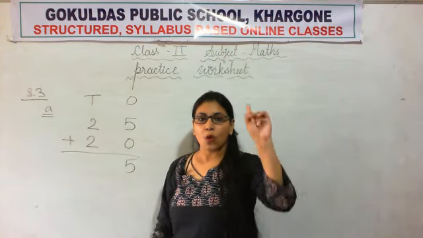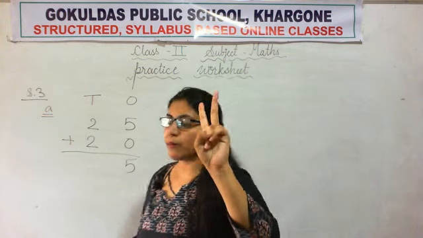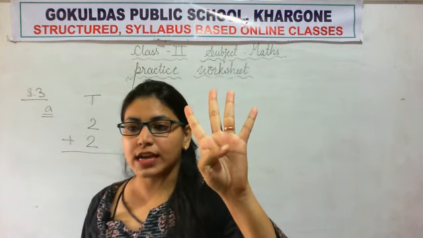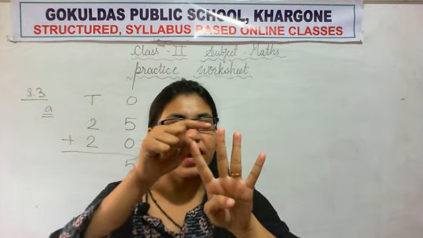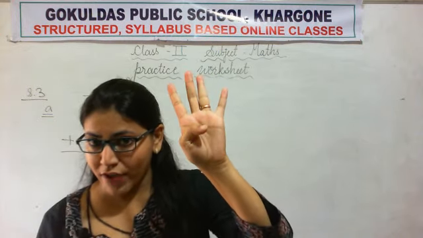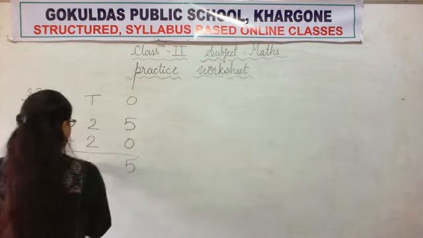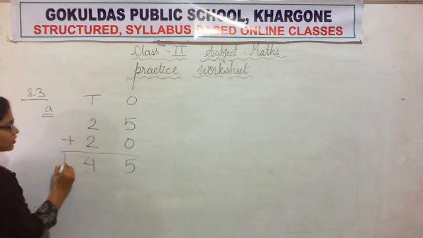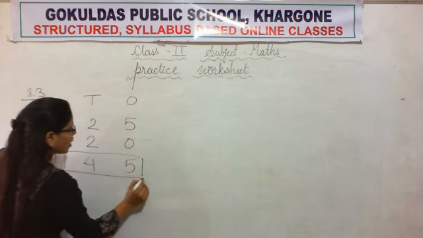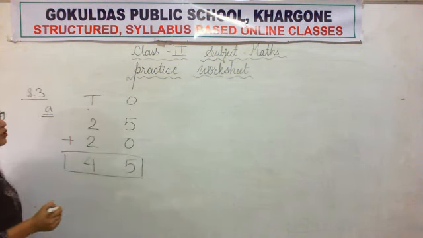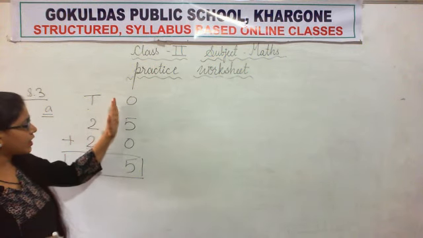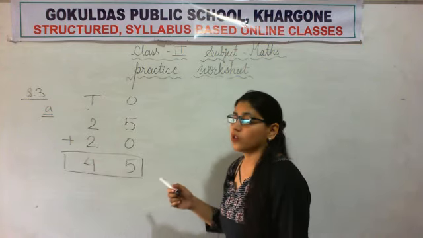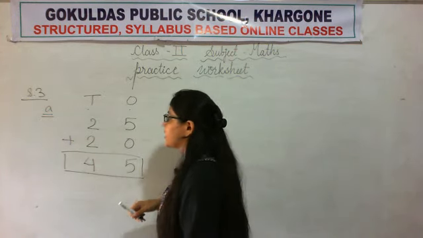Now 2 plus 2. 1 and 2. Now again number 2. So 1 and 2. We have opened 2 and 2 fingers. Now let's count how many fingers. 1, 2, 3, 4. 4 fingers. So it means we will write number 4. Okay. So 25 plus 20 is equal to 45. Do you remember, write places always, and write ones below ones and tens below tens, and write the answer like this also.